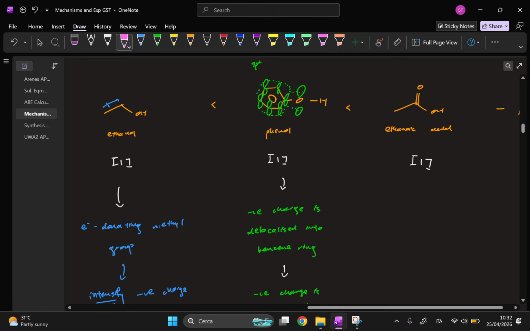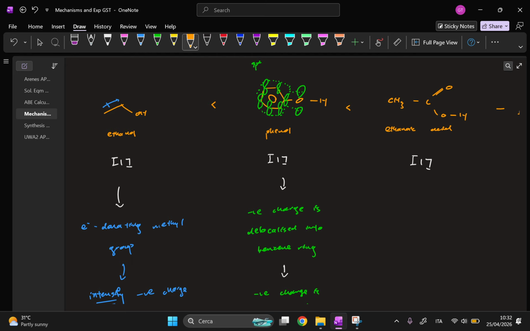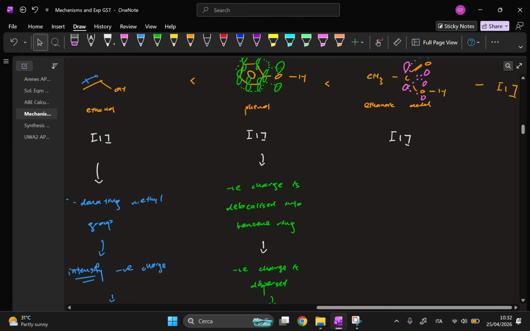This one, obviously, we know, we just finished topic 18 on carboxylic acids and derivatives. We should know this. Let me just draw the structure differently, maybe this will allow it to be better. Once again, very similar. There is also delocalization. So this carbon, what hybridization state is this? Once again, it's sp2. And obviously, these two oxygens, they have p orbitals. So there is delocalization like that. There is delocalization like that. So the negative charge is also delocalized, but the delocalization,